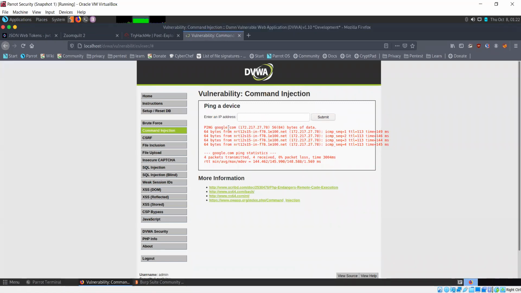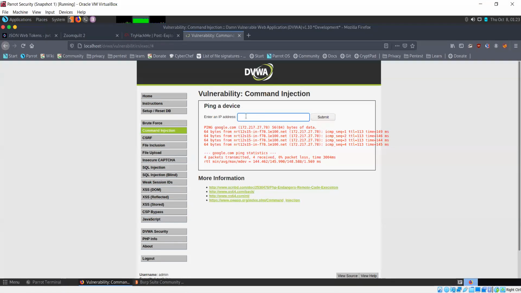We entered a domain instead of an IP, and it still works because the ping command will work regardless of what you enter. But this is not the expected usage, because if it's asking for an IP address, you should only be able to enter that.